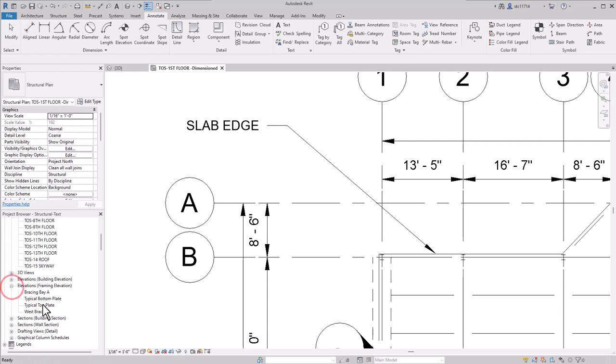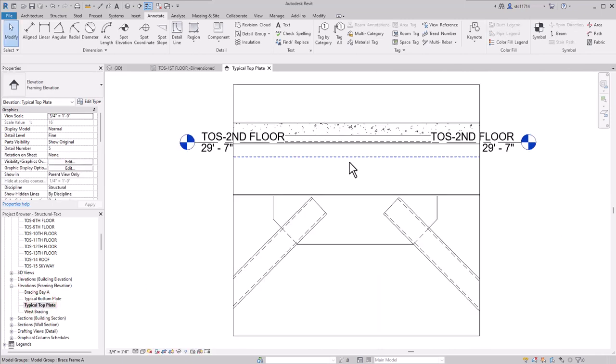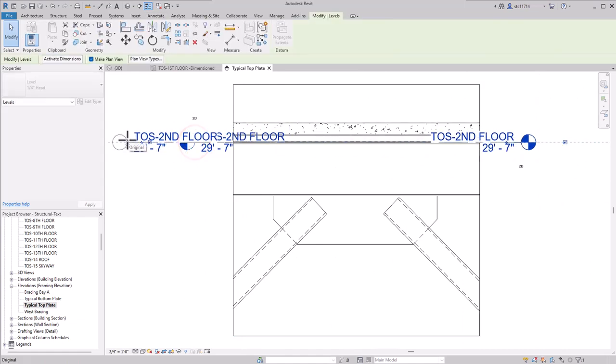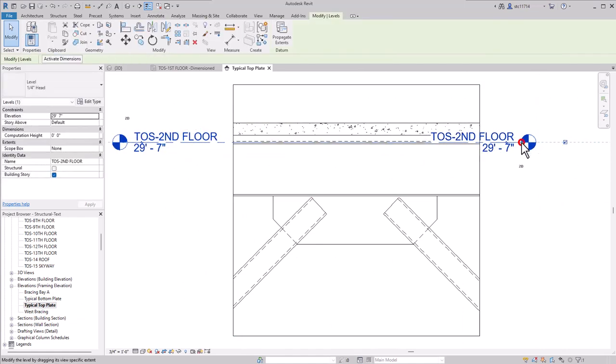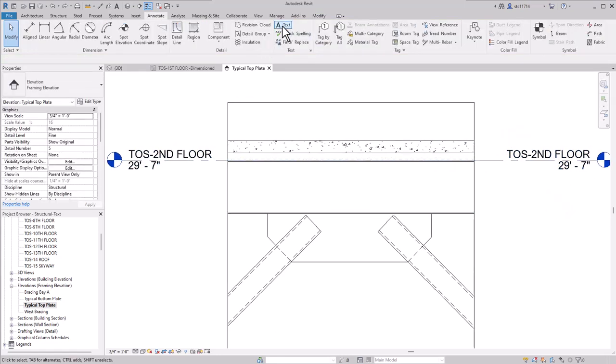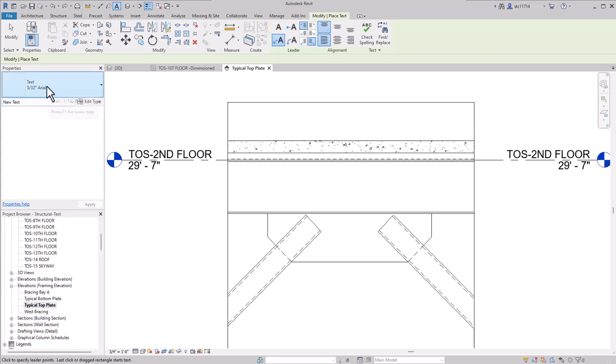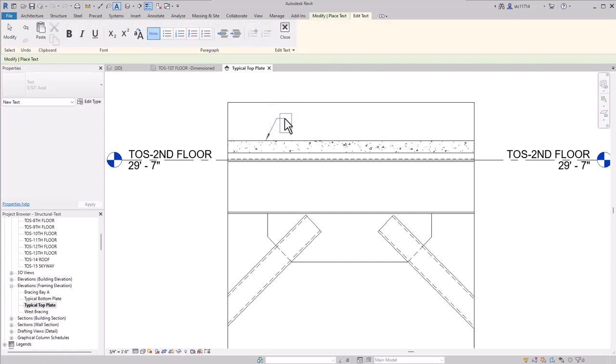I'm going to open up my typical top plate view, and I will move these level callouts out of the view here by selecting the dots next to the circles there. I'll begin my text tool. Make sure I've got 3/32 Arial as my style, 2 segments for my leader, and I will create a leader here and a note that indicates that this is 5-inch